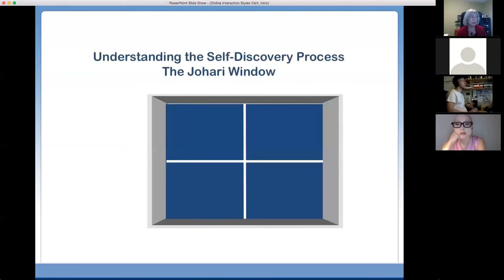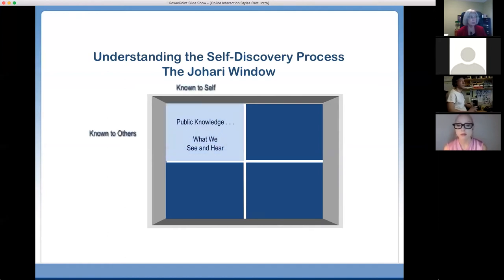Okay, one more thing, the thing about self-discovery. There are these guys named Joe and Harry who created a map for communication, and I think it's a good map for us to think about. There's the public knowledge, what we see and hear, known to self, known to others. If we all know about it, it's a lot easier to talk about it. So just knowing about your personality patterns and what the core drivers are or what your talents are, and knowing that about your colleagues and your friends and your family, makes it a lot easier to talk about,